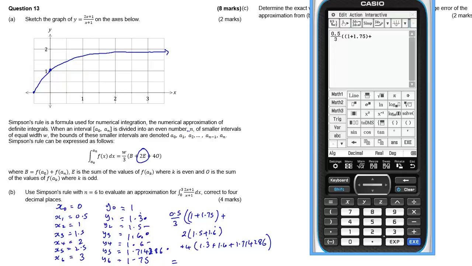And then we've got twice 1.5 add 1.66666, and then we've got 4 times